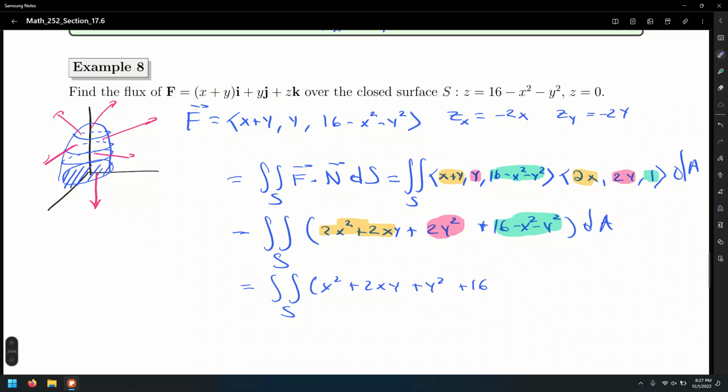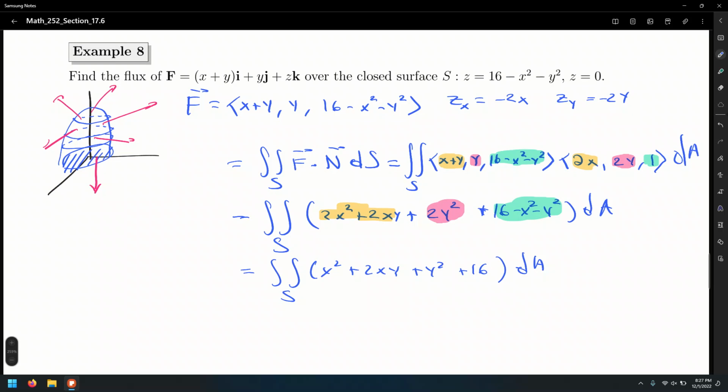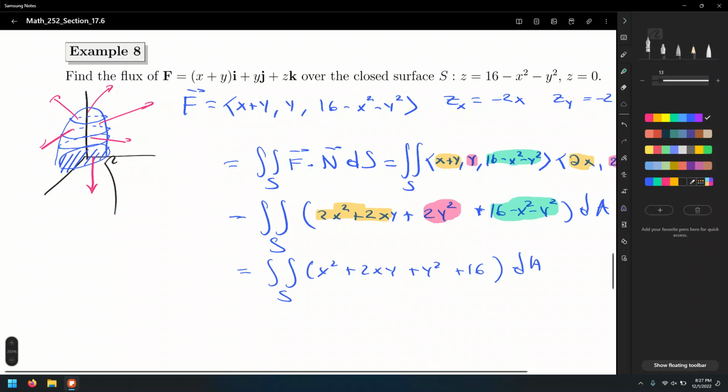All right, and dA. So that's the integral that we have to evaluate. However, let's observe our region of integration, in particular, the projection onto the xy plane. So I'm going to do, as usual,